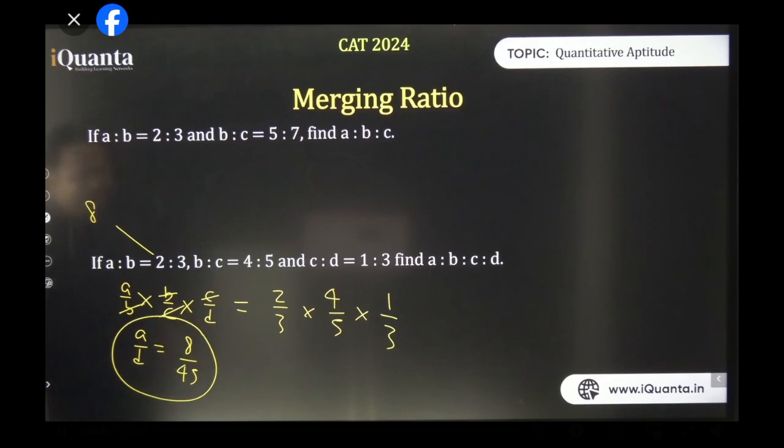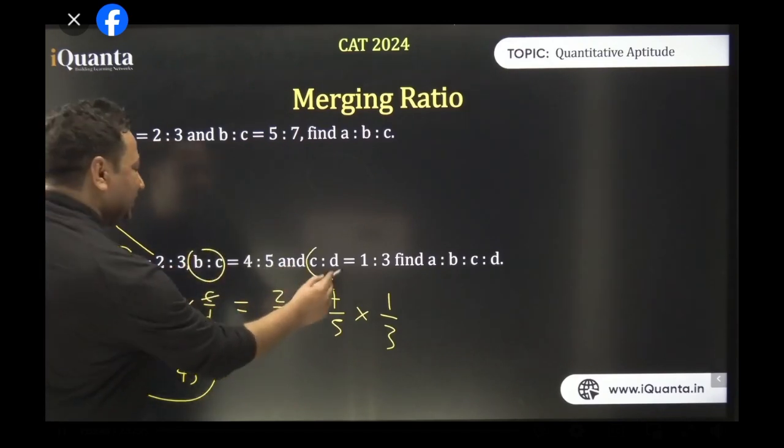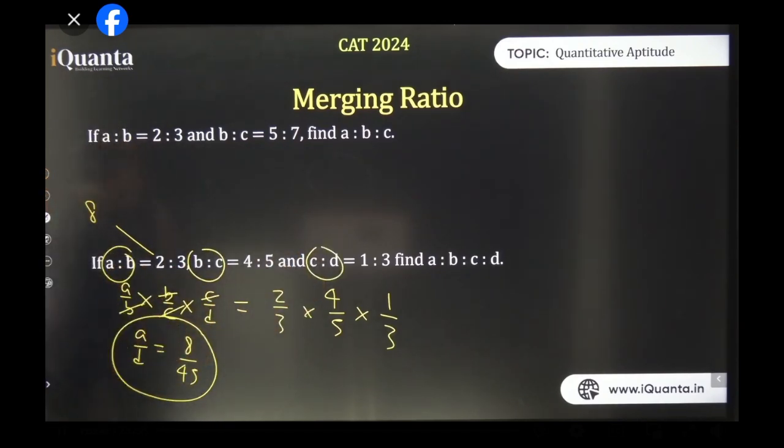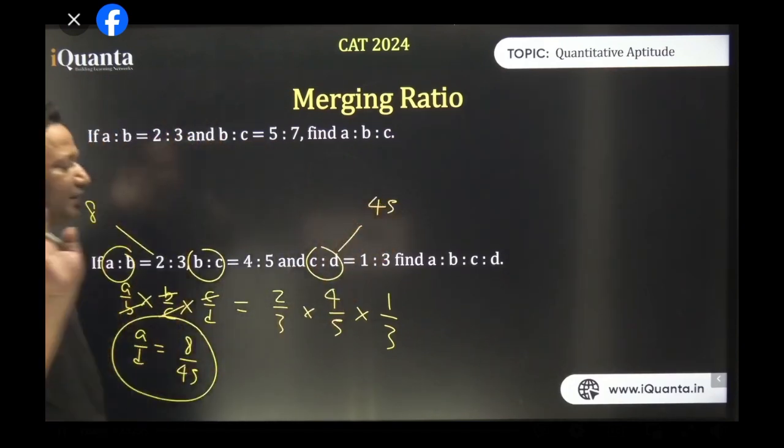Okay, yeah, I told you that A by B, B by C, and C by D, if I multiply them all, B and C will get cancelled. When I multiplied, B and C are gone, A and D are left, that is 8 by 45. Yes, it's clear to everyone now, isn't it? So once this is clear, rest everything falls in place. See, A is 8 and D is 45. Now see what I'm going to do over here. You'll enjoy it.